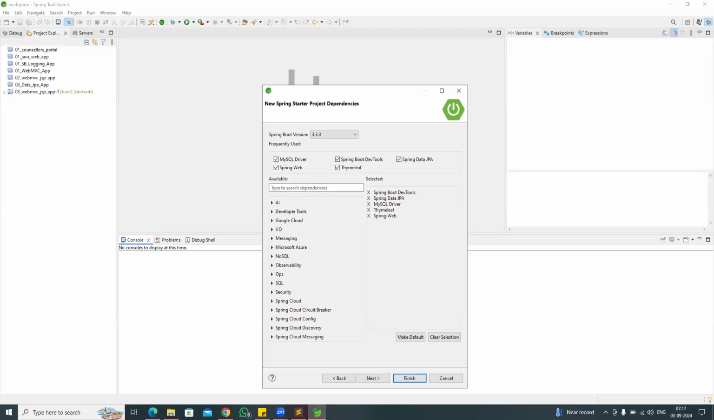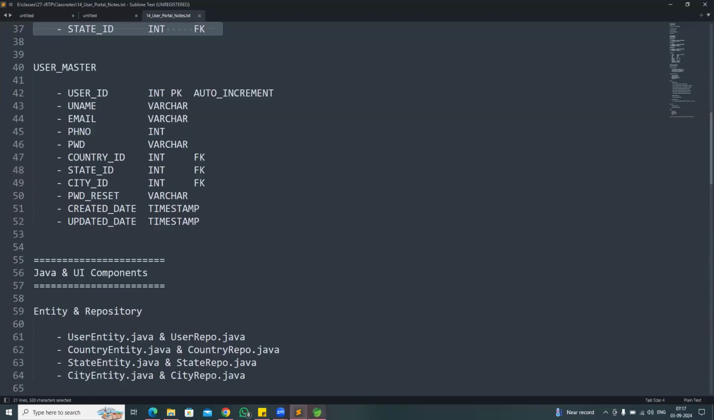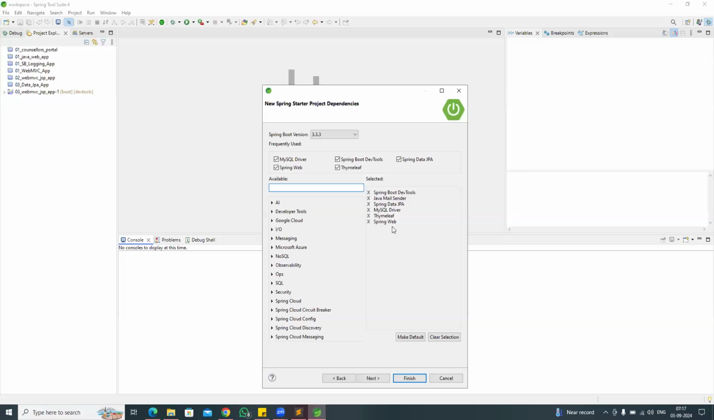Any other dependencies that are required, guys? MySQL driver, Data JPA, DevTools I selected, Web starter, Thymeleaf I selected. Mail starter we need to select, Spring Boot Mail starter, as we need to send emails by using our application. I think these dependencies are sufficient. To develop a web application, web starter; for the presentation, Thymeleaf; to communicate with the database, Data JPA and MySQL driver; Mail sender,